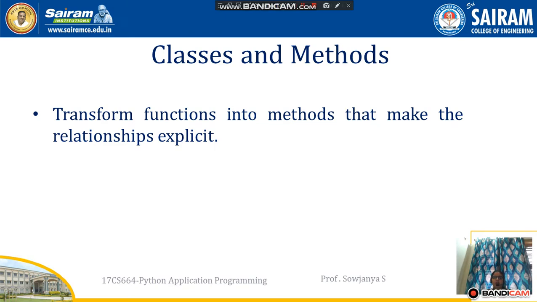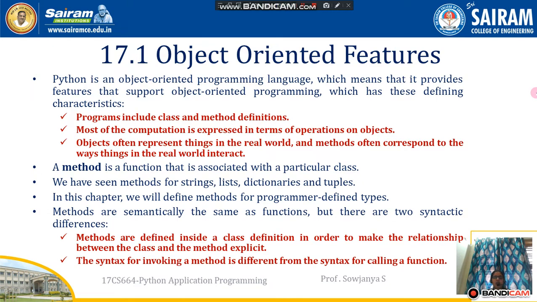So far, in the previous chapter, we have discussed how classes and functions can be used in a similar way. The same functions can be transformed into methods. How can we transform them to make an explicit relationship? We'll discuss how we can do this with examples. So before going into detail with these functions, methods and classes,